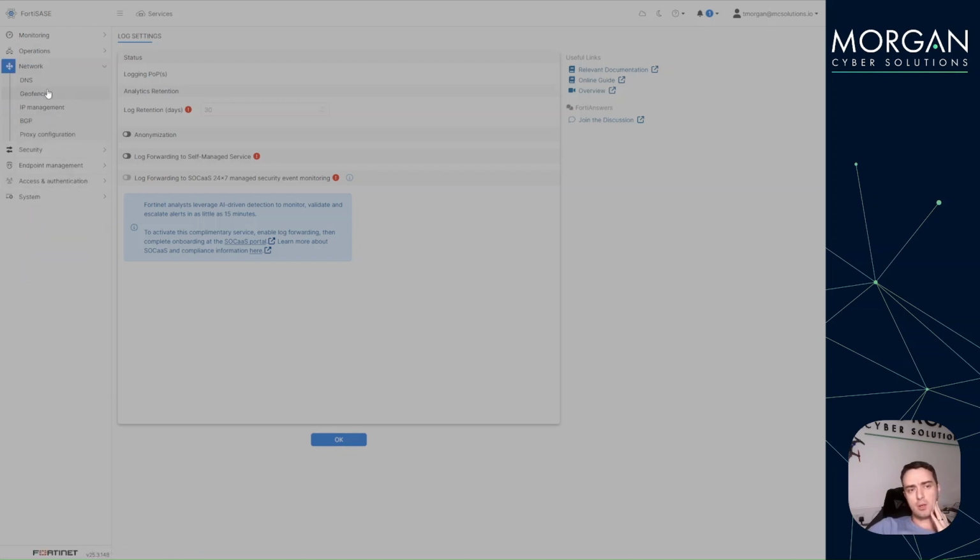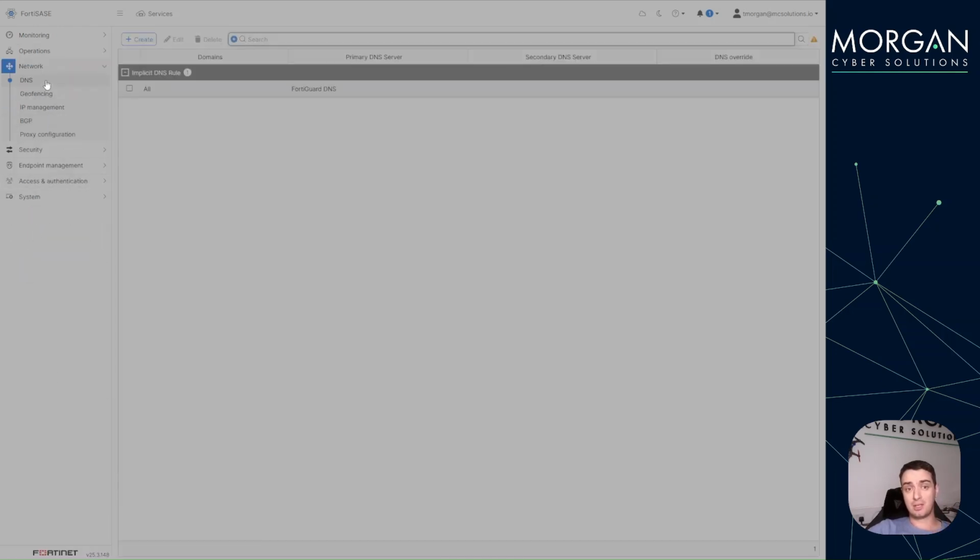Moving on to the networking tab, we can then look at the DNS configuration. So this is more around the endpoints that are connecting up into SASE. How do you want them to process their DNS? So for example, do you want them to just recurse out to the internet, or potentially do you want to intercept some of that and send it to your on-premise domain controllers, for example, Active Directory